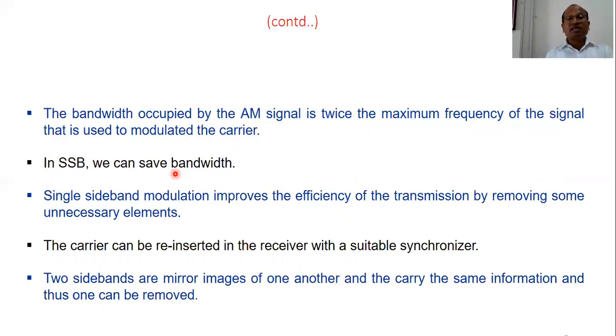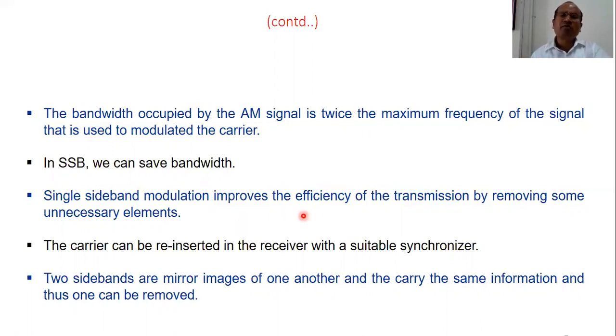So this is the biggest advantage in SSB, because in a communication system, bandwidth is the term that involves cost. So cost saving will also be there. When we are saving half the bandwidth, it means there will be saving in the cost of implementation of SSB. So potentially the cost of SSB will be lesser than the cost of DSB.